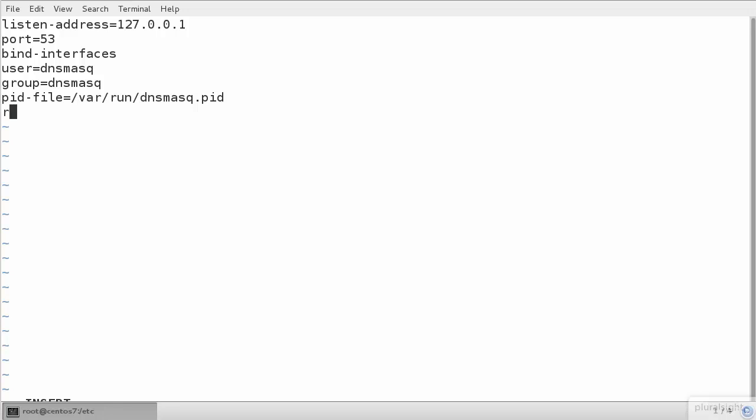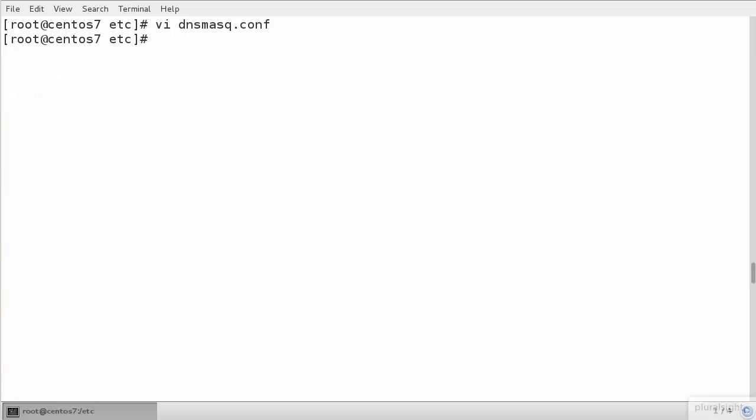I'm going to put then the line resolv-file, and this is then going to equal my /etc/resolv.dnsmasq. Let's give this a whirl, and then when we go through and run our systemctl and restart dnsmasq,